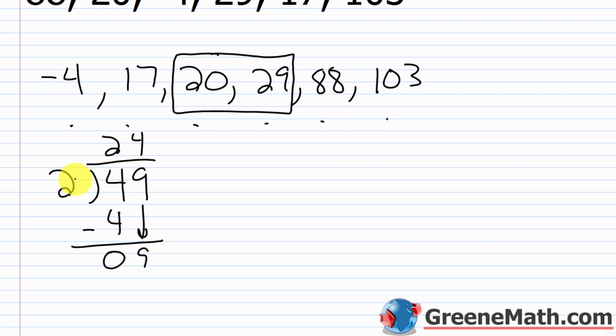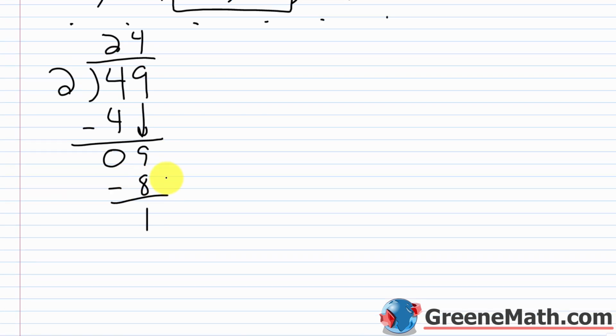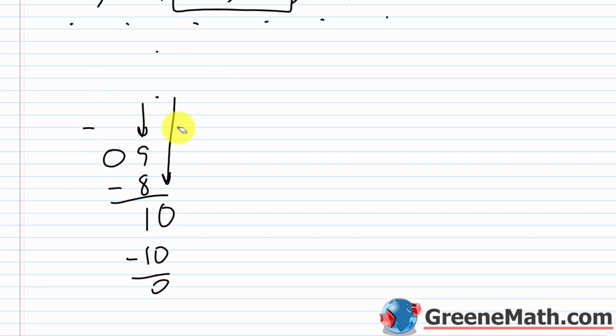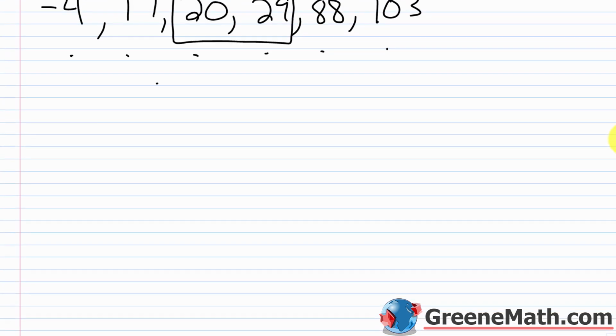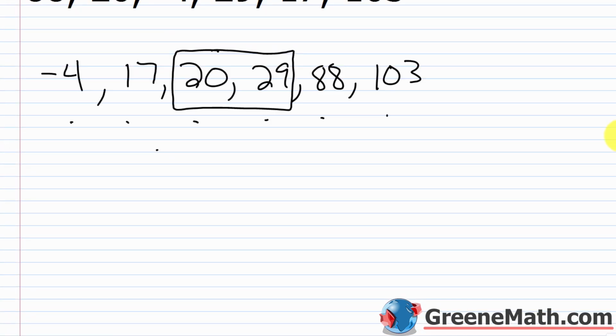4 times 2 is 8. Subtract here and get 1. I'll put a decimal point here and bring it up into the answer. Put a 0 here and bring it down. 2 goes into 10 5 times. 5 times 2 is 10. Subtracting, get 0. So 24.5. And that's going to be our answer, right? That's going to be our median. So I'll just say that the median